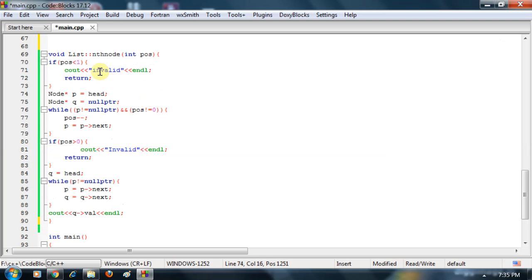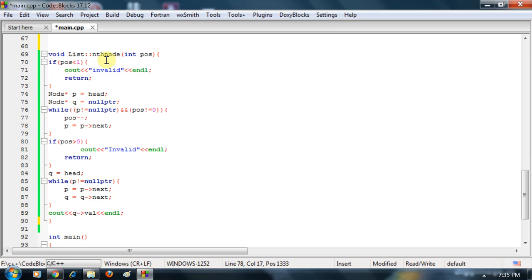Position is 2, so position 2 is not equal to 0, and P, which is our head, is not equal to null. So what I am doing is decreasing the position. I decrease the position till 0 and I increment P.